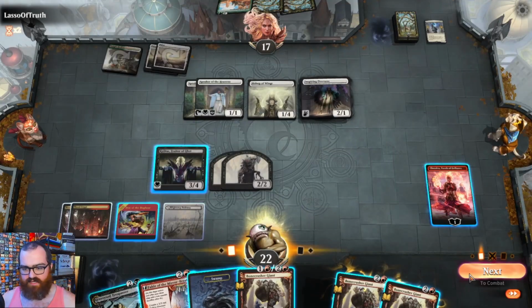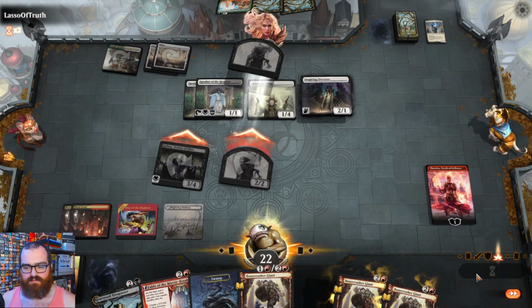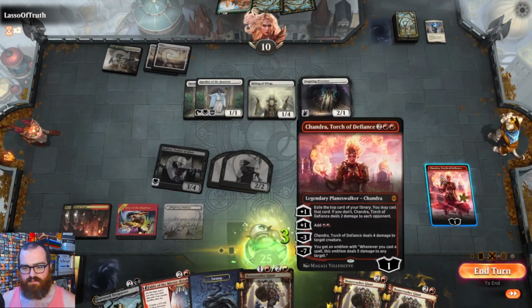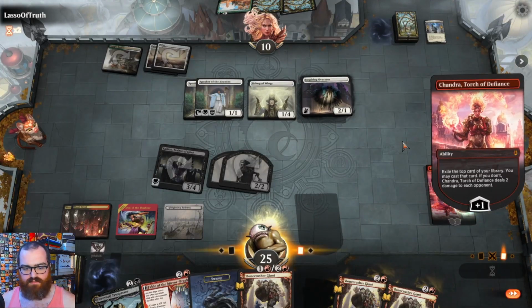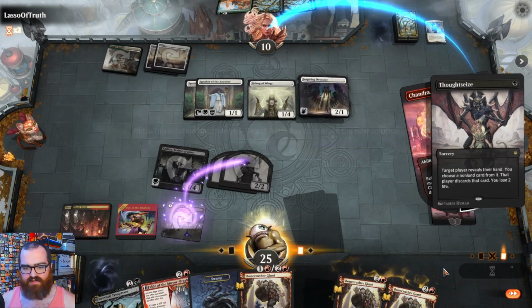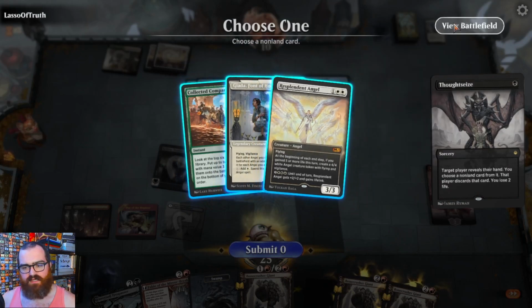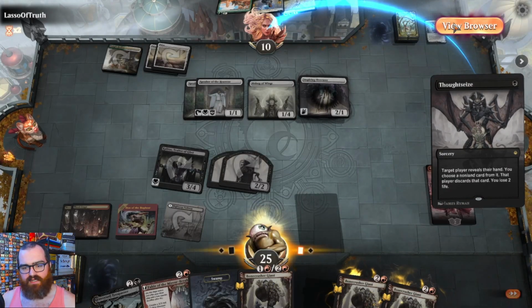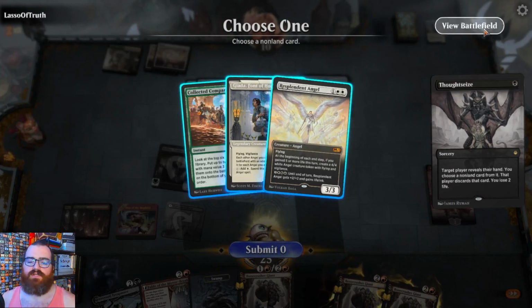So let's see, what can we do here? Let's attack with everything. Let's plus... Yeah, let's get the Collected Company out of our opponent's hand. Does Resplendent Angel gain enough life? Oh, potentially...